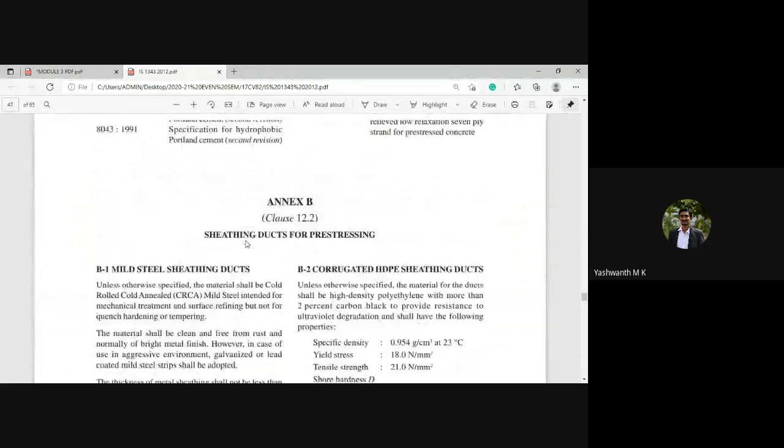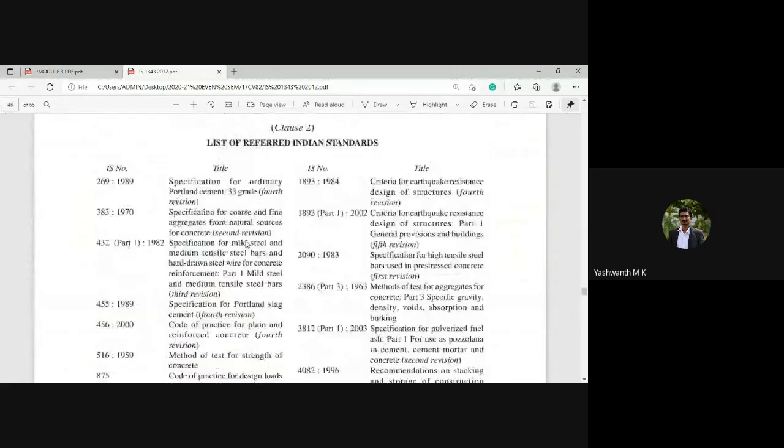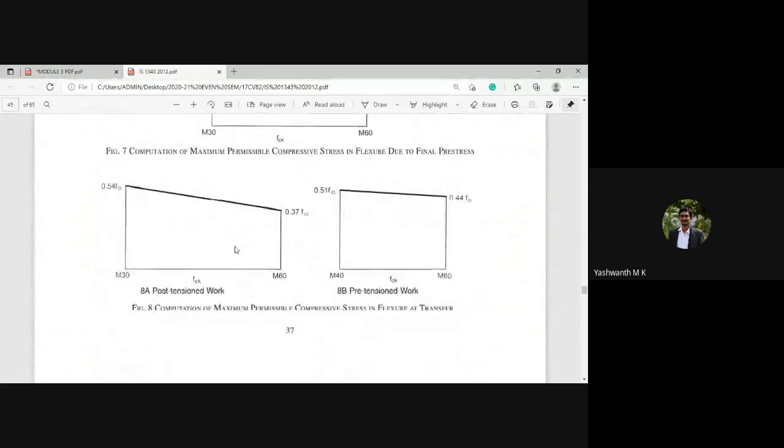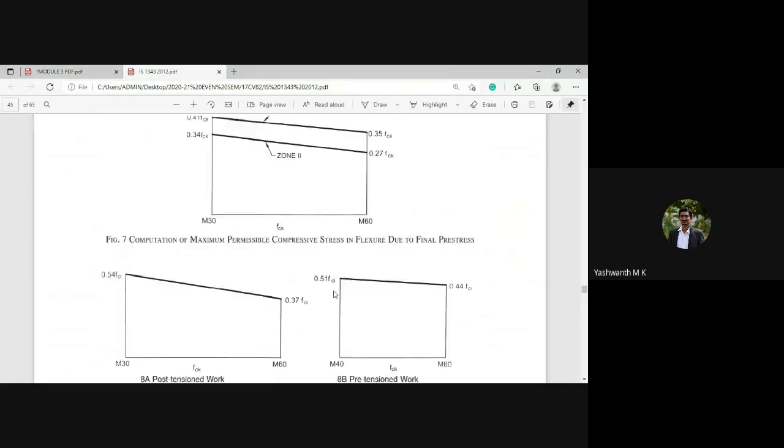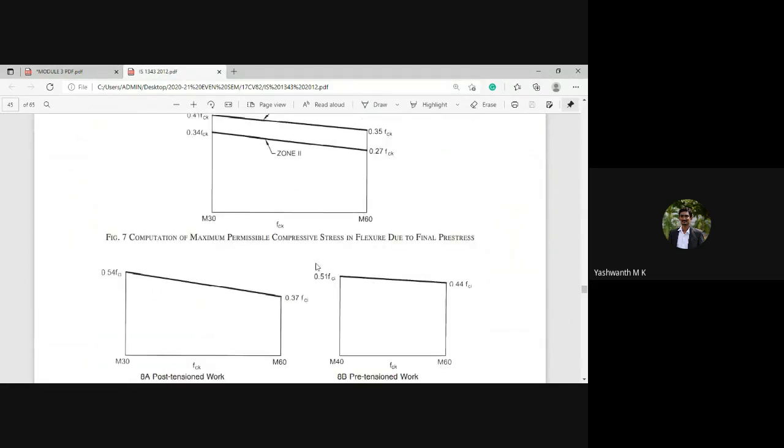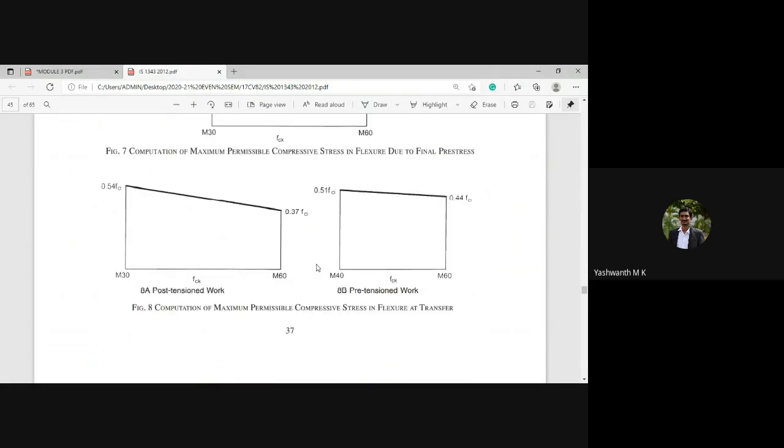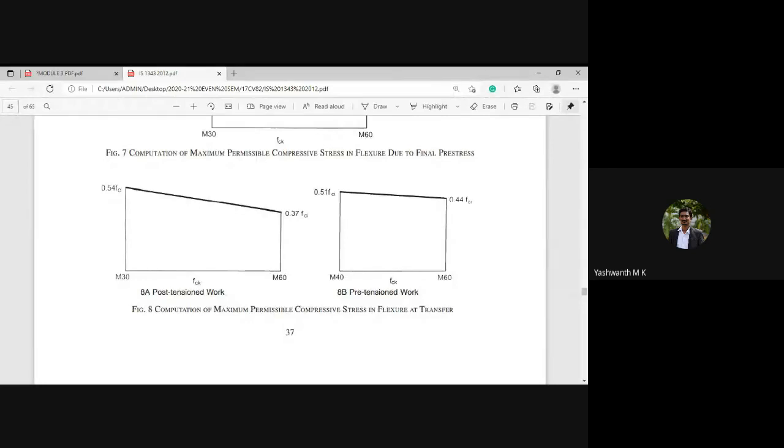Figure 8. Yeah, so this is the way they calculate the maximum permissible compressive stress in flexure at transfer. Is it clear? Next, let me go ahead.